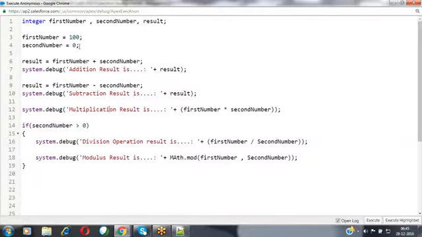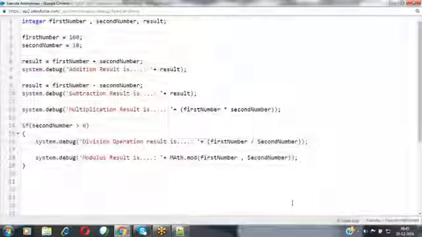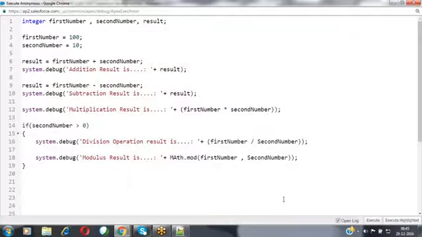Now let's execute this code here. For example, I'm entering the second number value as 10. Now let's verify this code. Click on the execute button. The whole code I'm executing here. Now the second number value is greater than 0, nothing but the second number value is 10. 10 is greater than 0, nothing but the condition is satisfied. So it will enter into the block and perform the division operation as well as the modulus operation also.